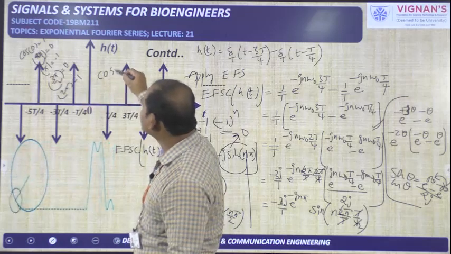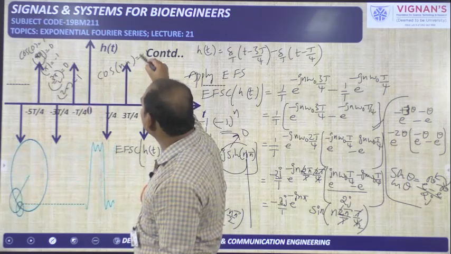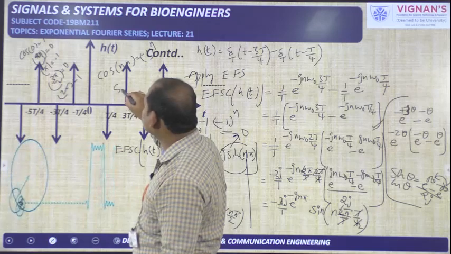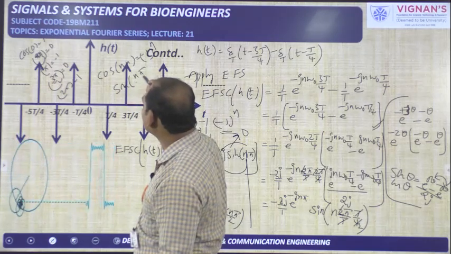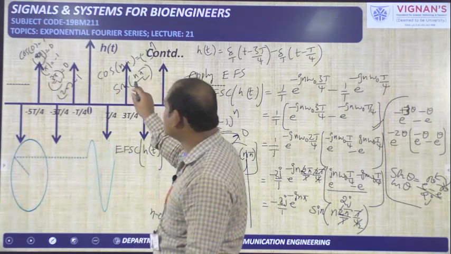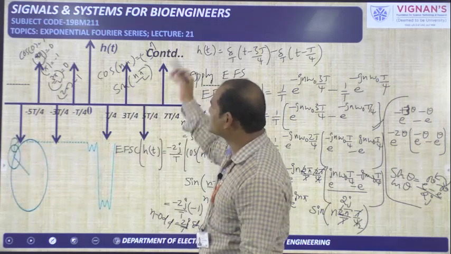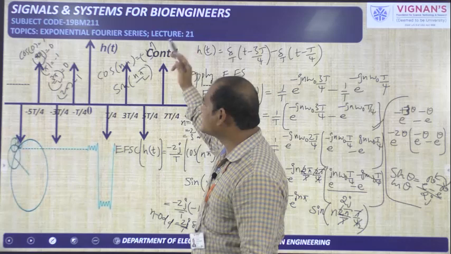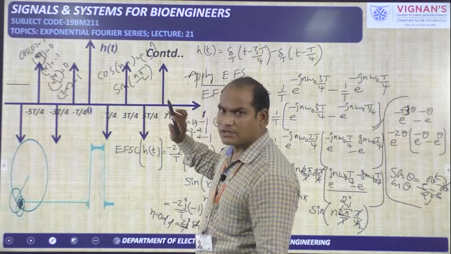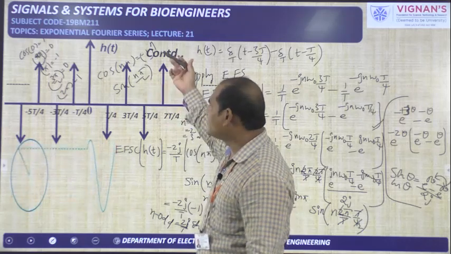Now we have taken cos n pi is equal to minus 1 whole power n. Okay, next sin n pi by 2 we have kept like that only. What is the reason? For n is equal to 0, it is 0. Sorry, 1 onwards we have to take it. If you take n is equal to 1, it is 1. N is equal to 2, it is 0. N is equal to 3, it will become minus 1. Okay, n is equal to 4, again it will become 0.